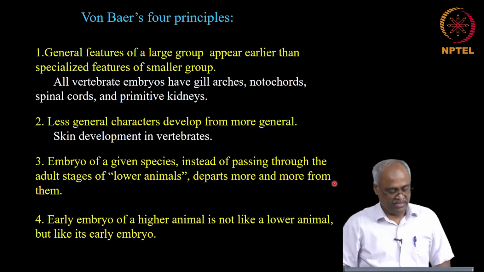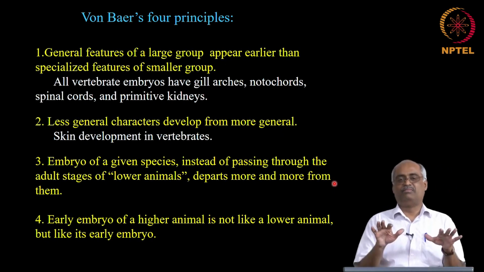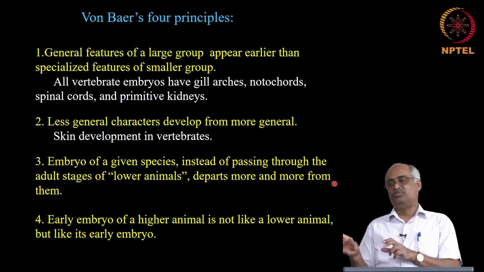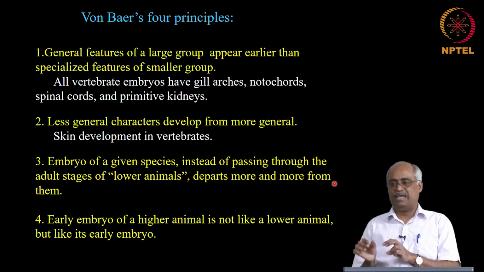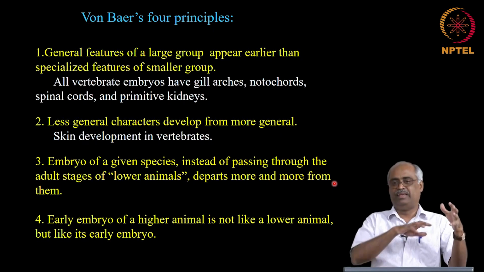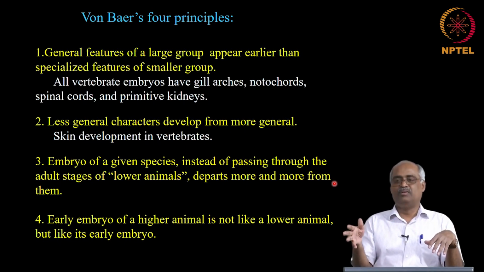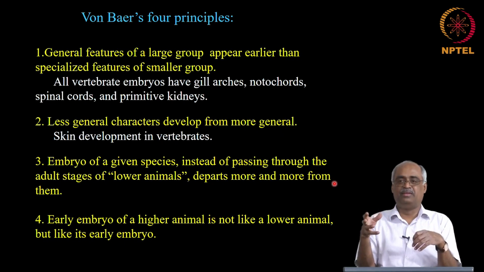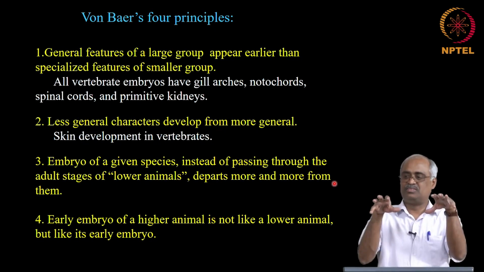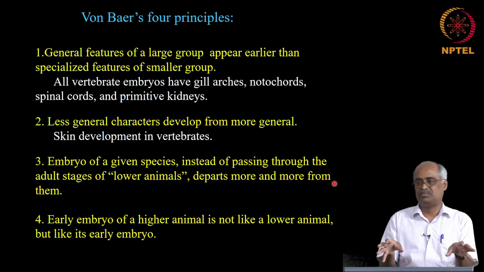This is the same case if you look at other organisms. For example, here I have taken the skin development in vertebrates as an example. Initially all of them have a similar skin, in the very early skin-like cells, but then in birds it forms the claws and the scaly legs and so on. If you take a crocodile, its skin has a certain different kind of scales, fish has some other kind of scales, and birds develop feathers as well. So these are specialized features of the skin, and these specialized features come from a more general skin-like structure that is present in an early stage.